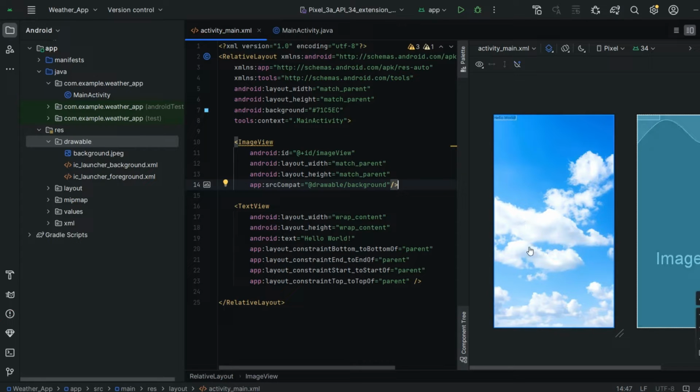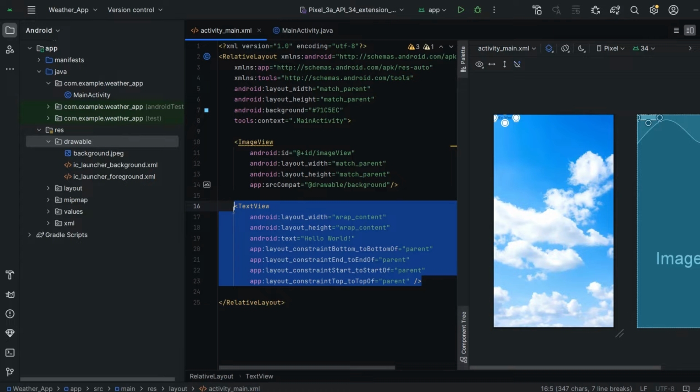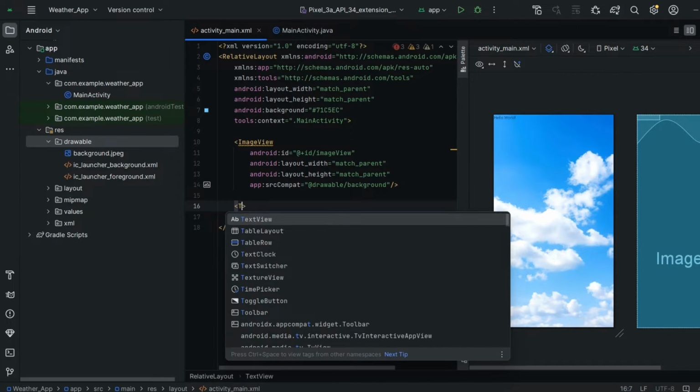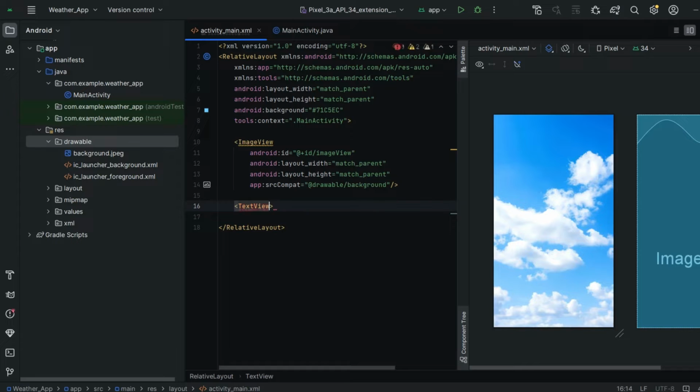Okay guys, see, we got our background image, perfect. And also we closed this image view. Next I want a heading, guys. I want a big heading here. I want a heading named weather app. I want it should be big, so let's create this heading. We already have some text view. I'll modify it, guys. So let me delete it. We will create a new text view. It will be confusing, guys, modifying those things again. So I'll create a new text view.